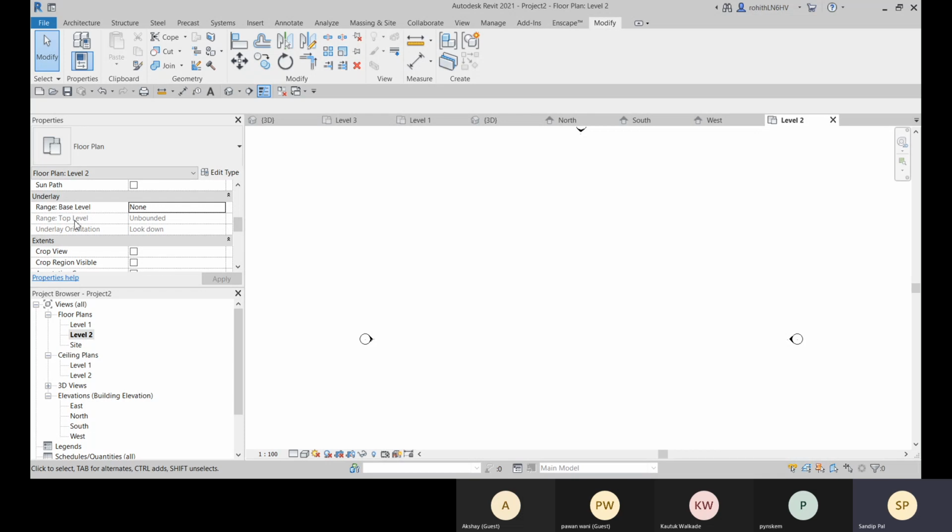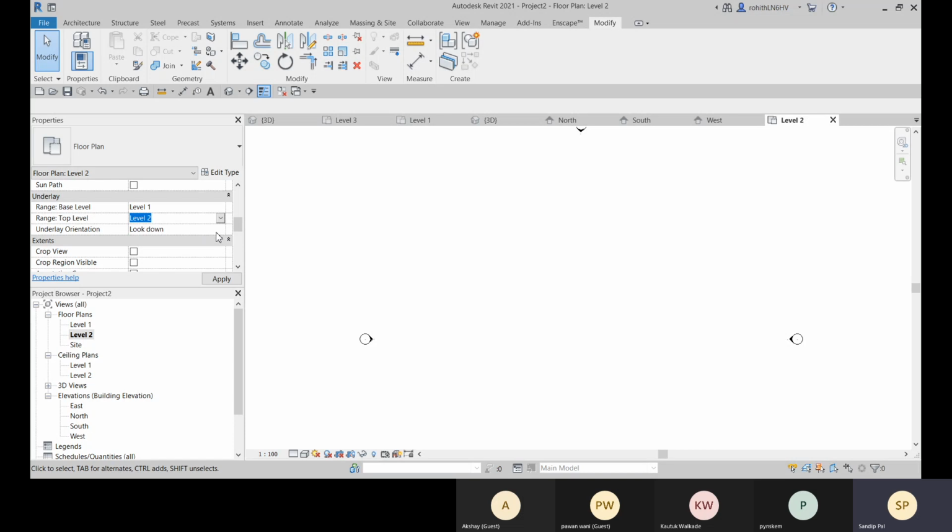All right, so here you need to set the bottom, that is at level 1, and you will get that level 2 automatically. All right, so you can mention unbounded, which means no limit. Okay, unlimited can be defined also. And the underlay orientation is look down.